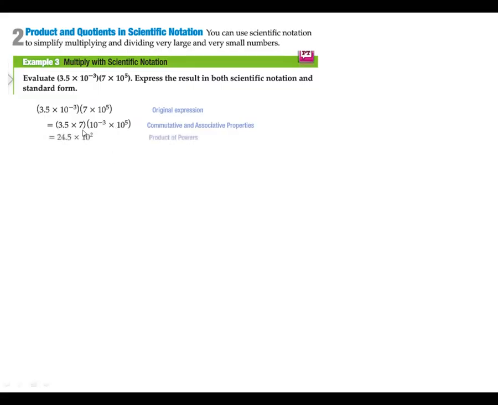So 3.5 times 7 is 24.5, and 10 to the negative 3 times 10 to the fifth is like 10 to the negative 3 plus 5, which gives you 10 squared. Now, a lot of people would think, okay, I'm done because I got 24.5 times 10 squared. But remember, this number in front here has to be between 1 and 10. So I have to move the decimal one place to the left, which means I can write that as 2.45 times 10 to the first times 10 squared, which would give me 2.45 times 10 cubed,